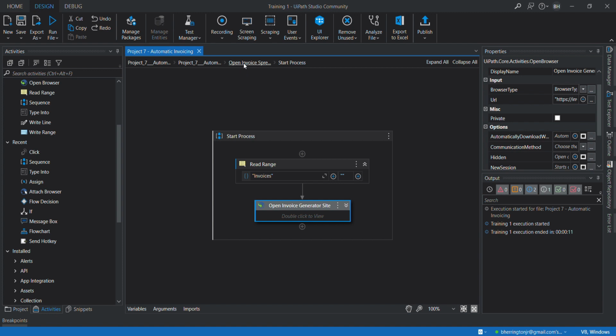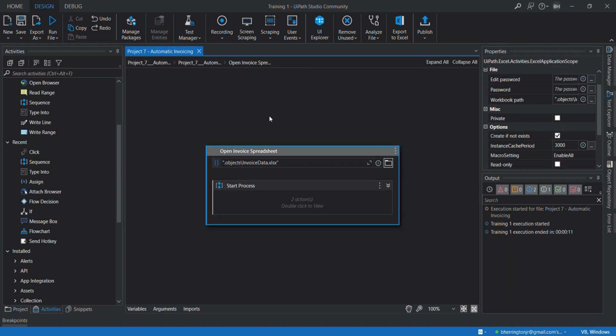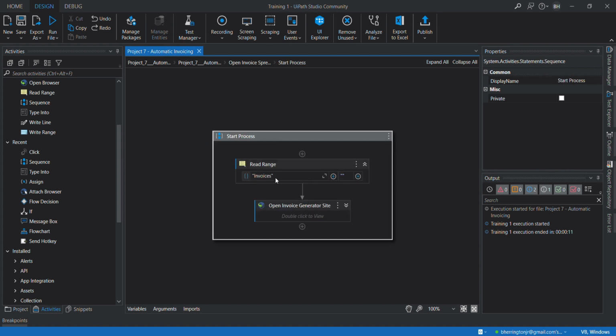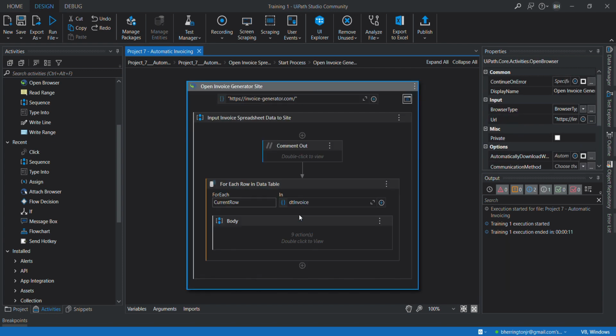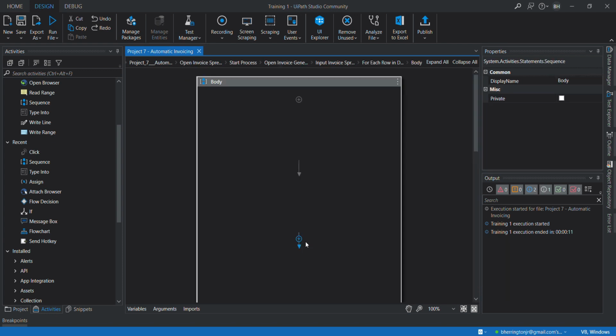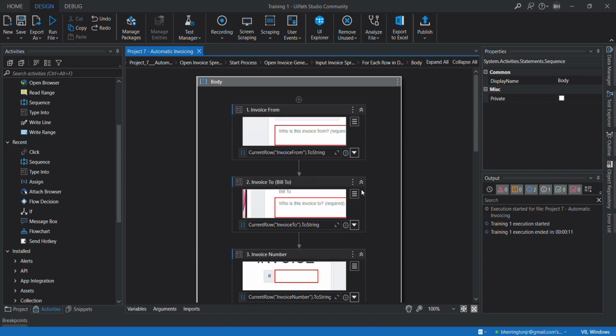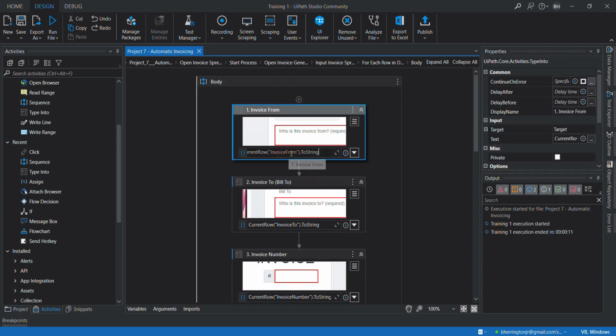I'm going to backtrack slightly a little bit. Let's see. It's somewhere in here. There it is. Bingo. In our data table, so we have Add Header. So going back to some of our code for each and every one of those subjects, we have the code reading from invoice from, .ToString, invoice to,